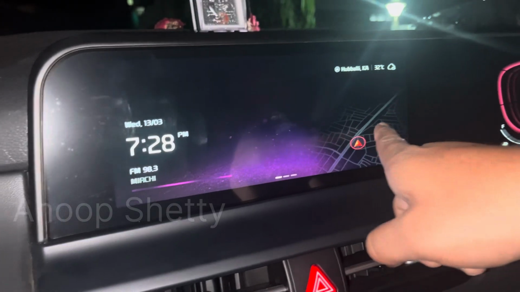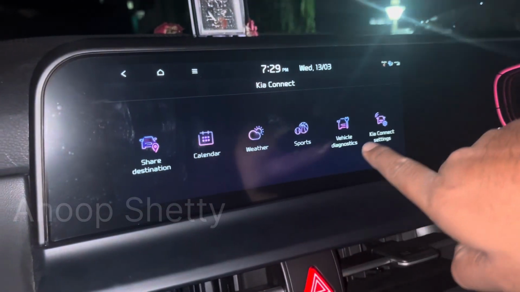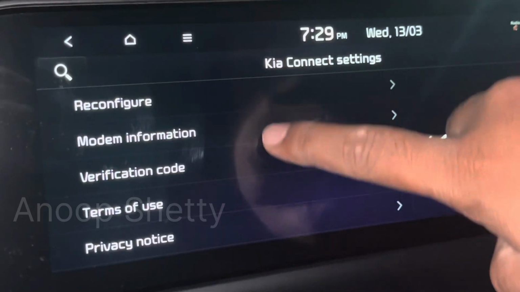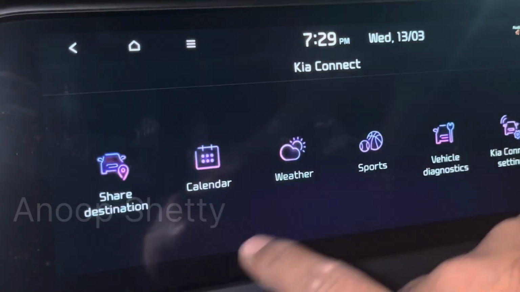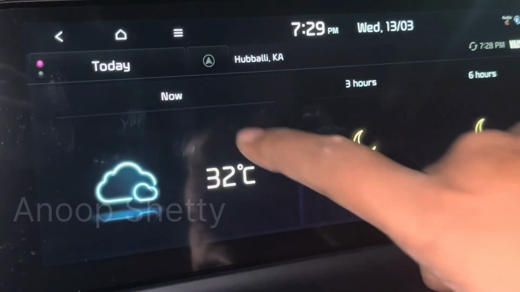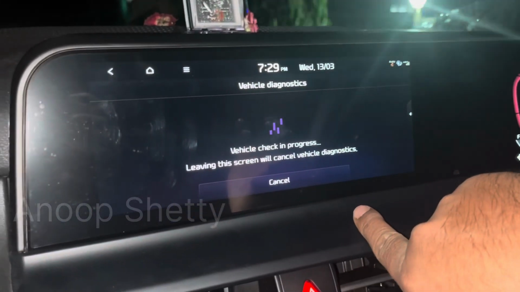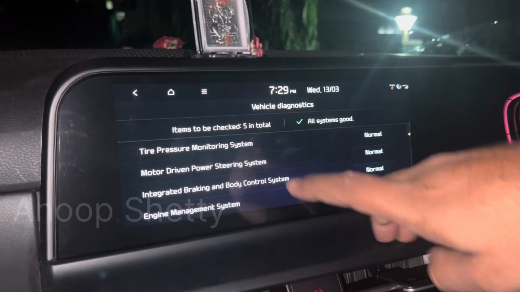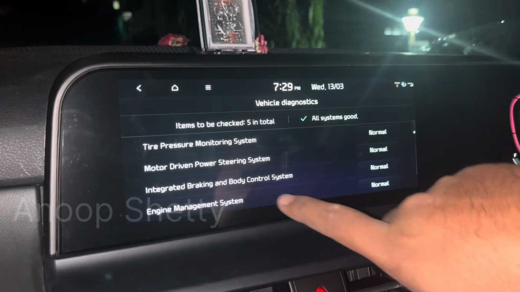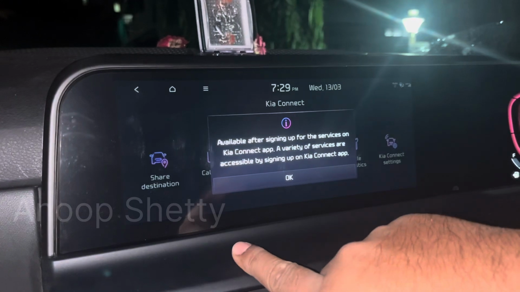Click on OK. Next, go inside and click on Kia Connect. Here you will be able to see the Kia Connect settings and the settings you can configure here. And now you can see the weather and vehicle diagnostics. So you can see here the vehicle diagnostics has been completed and it shows all normal here. All the systems are good,